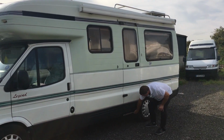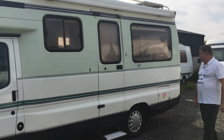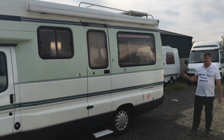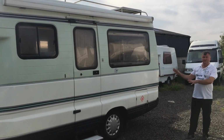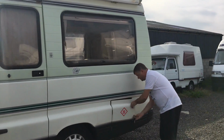Leisure door, I'll take you inside shortly. I actually supplied it to the last owner a year ago, so I'm happy to sell it to the next owner. It's only had 4 owners in its 20-year history. So on this side here we have the